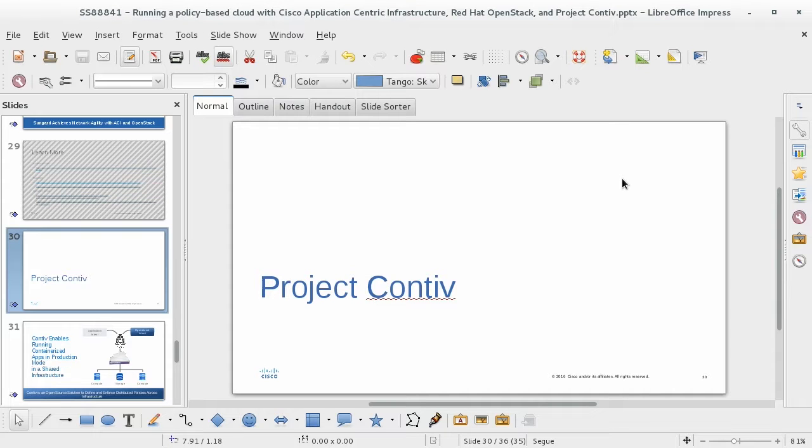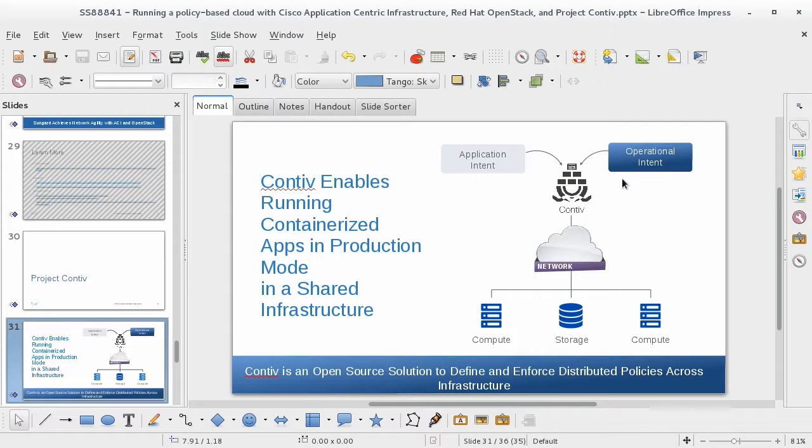So now let me transition for a second and talk about Project Contiv. Project Contiv was an open source project created by some Cisco engineers with the vision of tackling the operational constraints around containers. So what we saw was a lot of the movement around containers and microservices was driven rightly so by developers, making developers' lives easier.